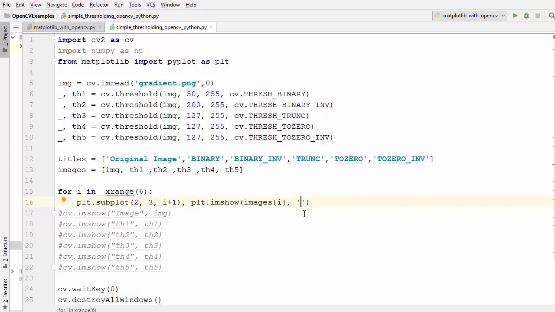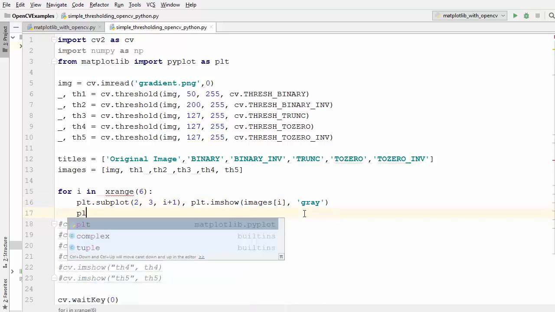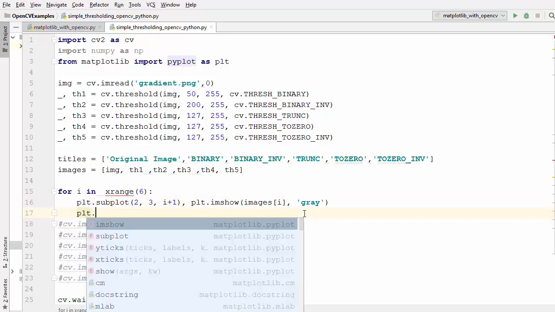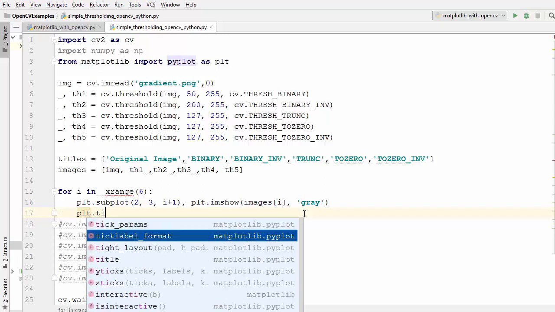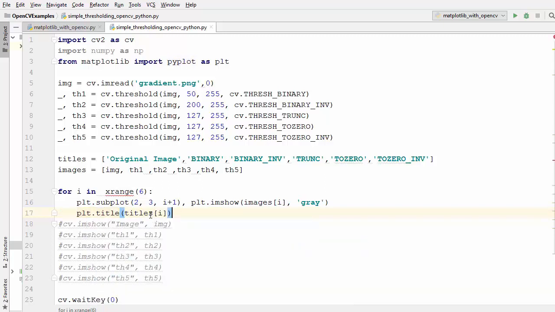Anyway, when you use thresholding, you use the grayscale image, so you just need to write gray here. Then we are going to show the titles of these images. So we are going to just write plt.title, and this title method takes the title name which we are getting using this titles array at the index i, and this is going to give you the title name which we have declared in this titles array.